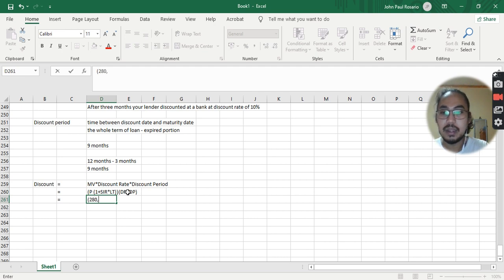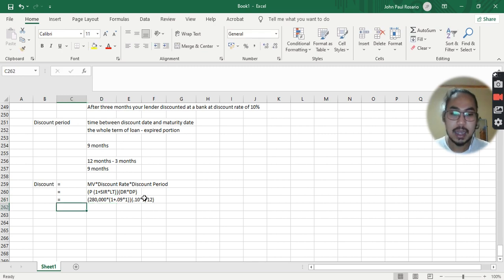Sige, go. 280,000. And then you multiply that by 1 plus our simple interest rate is 9%, so 0.09. Our loan term is 1 year, so times 1. And then you multiply that by the discount rate, which is at 10%. And the discount period is at 9 months. So, again, the 10% is expressed in years, so the discount period, express that in years too. So, 9 months over 12 months. Okay? So now, your discount will then be